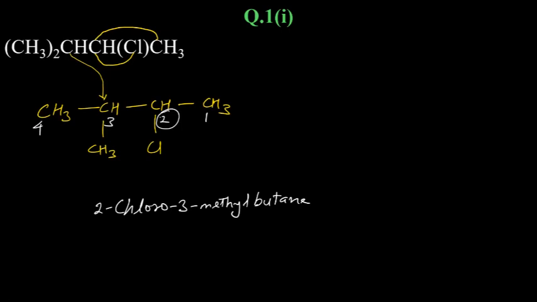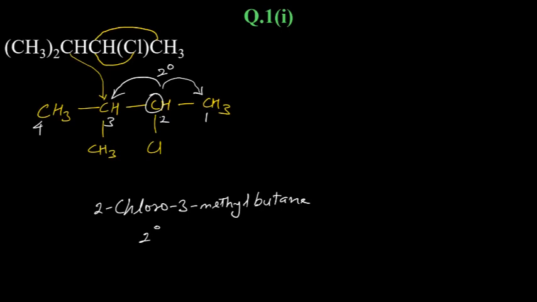Now we also need to mention whether it is 1 degree, 2 degree, or 3 degree. The carbon to which halogen is attached is primary, secondary, or tertiary? Good answers I'm getting, Ashi, Divya, Mehak, Shashwat. Yes, one correct. So it is 2 degree carbon because this carbon is attached to two other carbons. That's why it is 2 degree carbon. So you will write 2 degree or secondary.